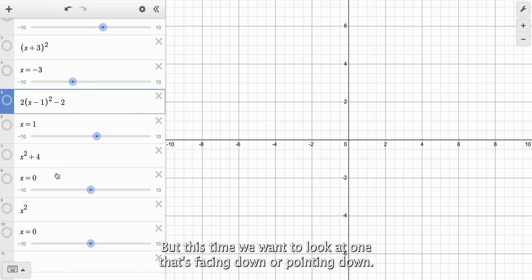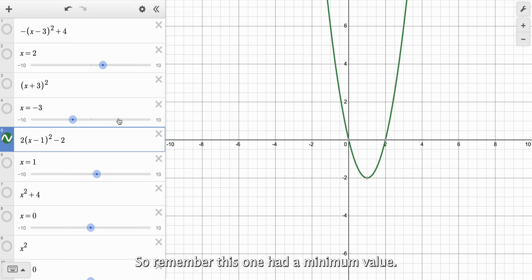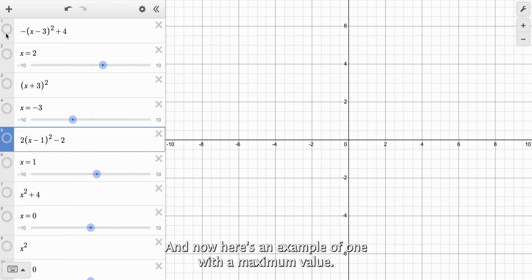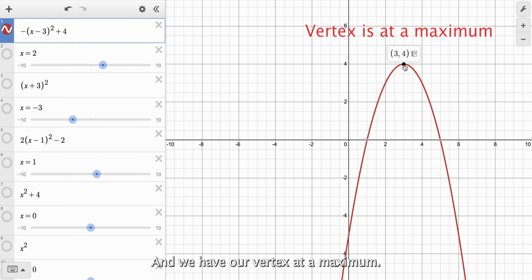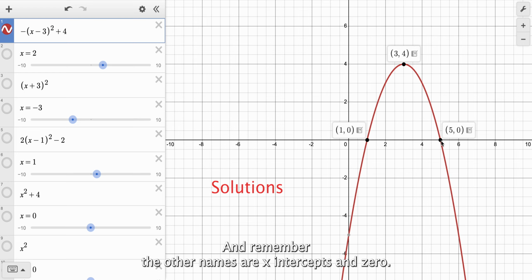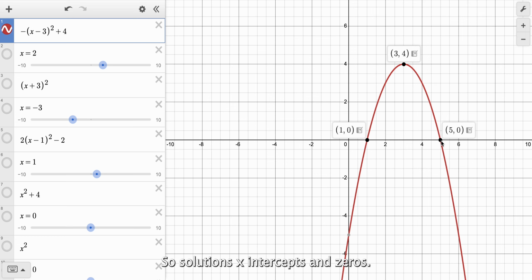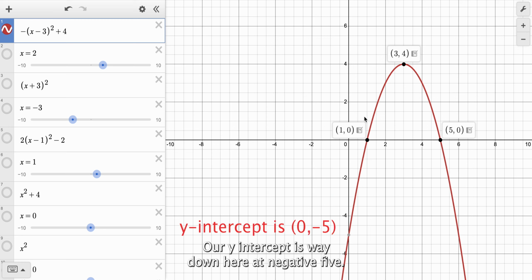Let's look at another one, but this time we want to look at one that's facing down or pointing down. Remember, this one had a minimum value, so it was the lowest it went. And now here's an example of one with a maximum value. So the U is upside down, it reflected, and we have our vertex at a maximum. This vertex is at 3, 4, and we have 2 solutions, and remember the other names are x-intercepts and zeros. So solutions, x-intercepts, and zeros. And we have 2 at 1 and 5. Our y-intercept is way down here at